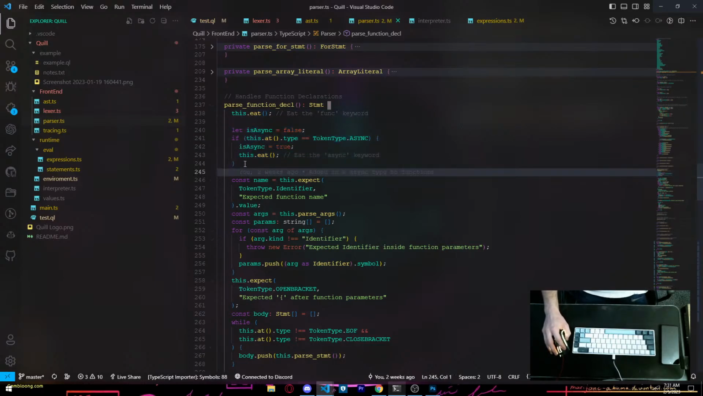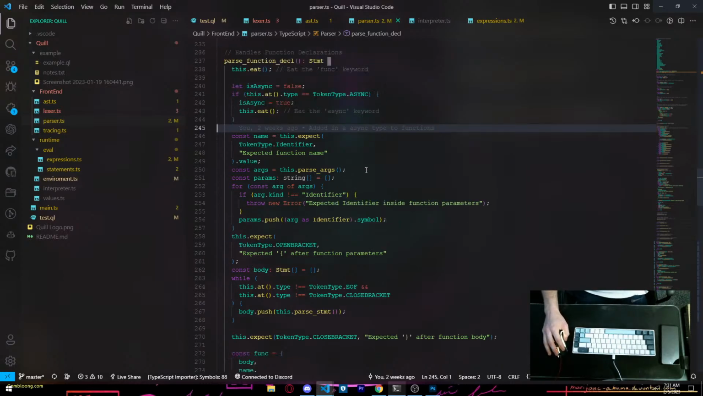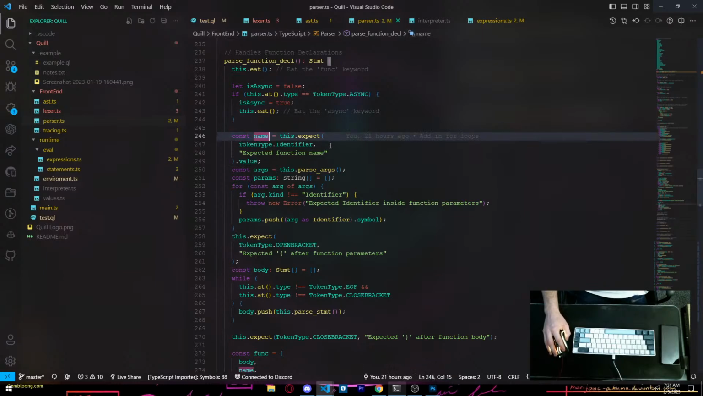So if you want to have your function as an async function, then you can either have async or you don't need it. It's not required. It just helps it run better in the background. Then we have our name. What is the name of the function? The name is the identifier token. If we don't have the name, it will say expected function name